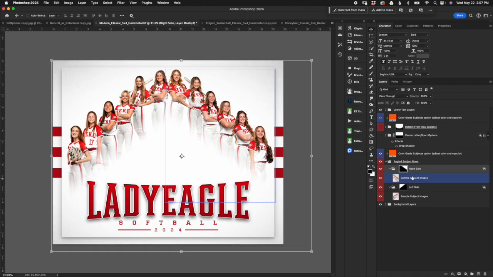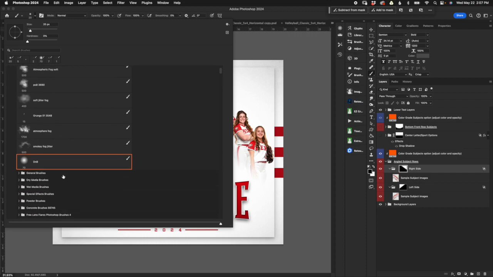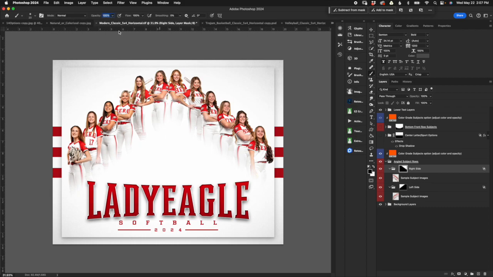Now you can always select this layer mask, go to your brush tool, come up here. I'm going to use, let's see, just the regular brushes. So your soft round, and then maybe put your opacity at say 20. You can go higher. I like 20 and 20 with opacity and flow. If you want to show more, you can select white. If you're trying to take away, select black. I want less to show, so I could start to paint